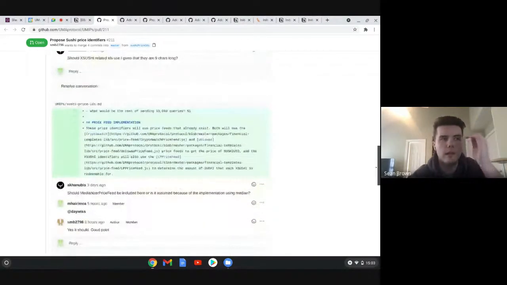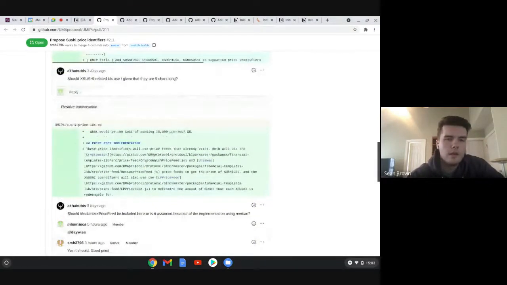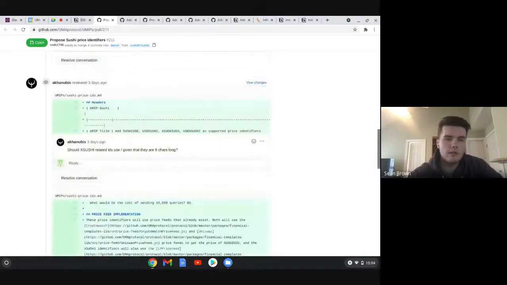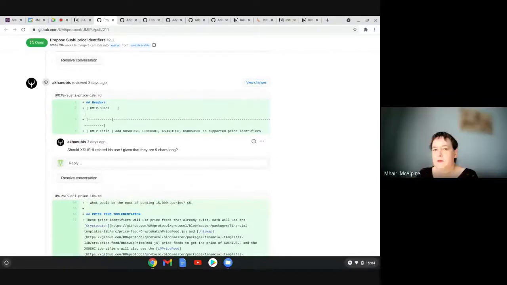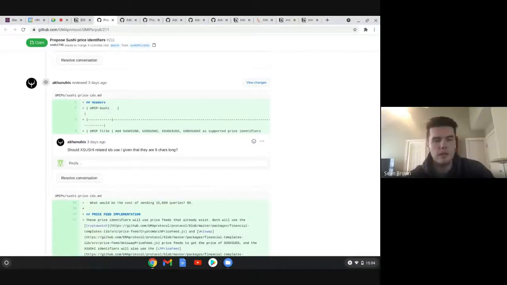Yeah, within the price identifier template, there's some instructions around the character length. I think we're trying to avoid using forward slashes whenever possible, and at least I don't personally see it as an issue, but my one outstanding question here would be